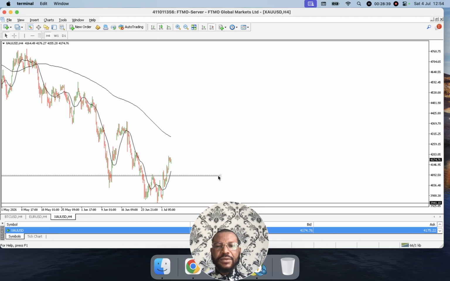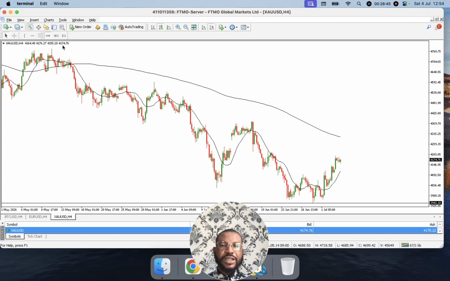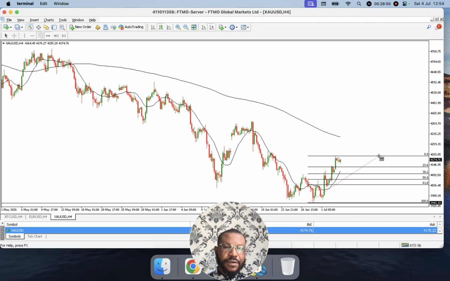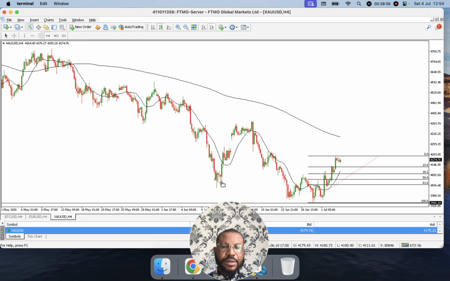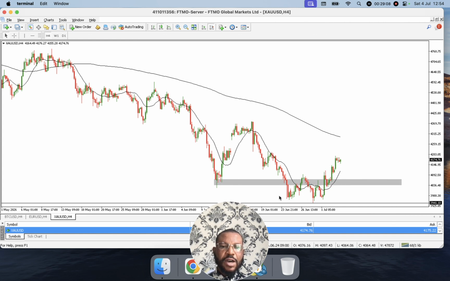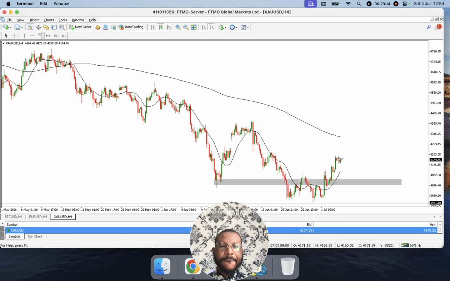So let me remove this now. We've established what we want to with it. In the coming days, I'll be using my Fibonacci, taking it from this line of departure, this demand area, from this swing low to this swing high. I can see that there's a good 50 to 61.8 area at this point. So in the coming days, I'll be waiting for the gold to pull back to this area. If gold pulls back to this area